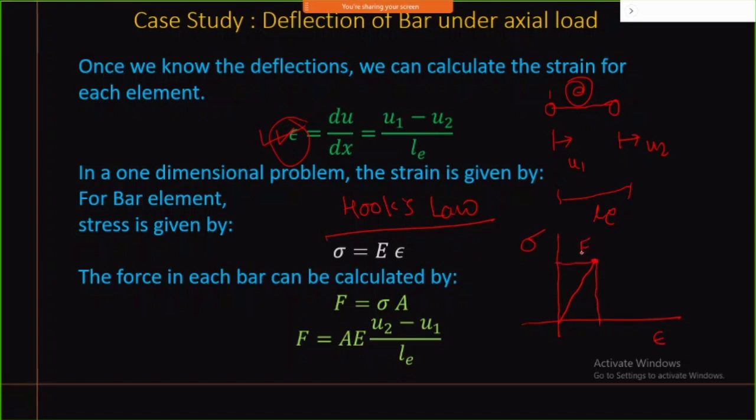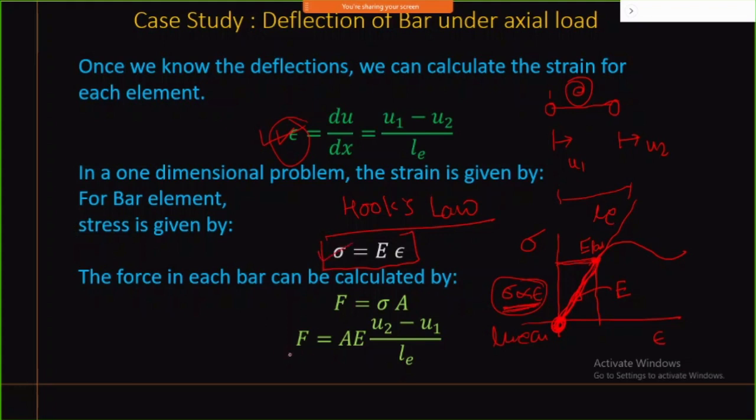This is my elastic limit, and beyond that your deformation changes. The slope of this curve is typically your E value, which means the behavior is the same everywhere, and we consider stress to be directly proportional to strain. This is a linear equation, a straight line behavior. That's what stress is directly proportional to strain means, and it is passing through zero. So this is what is seen in this particular equation.